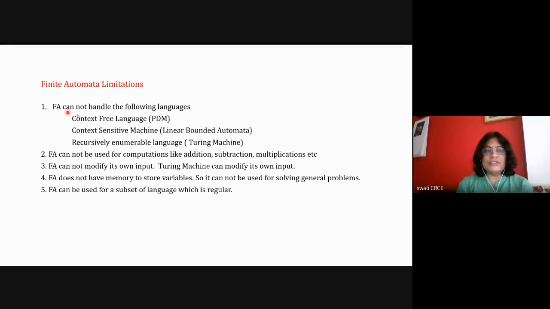The language of the finite state machine is regular language. In our syllabus we are studying the pushdown machine and the Turing machine. Linear bounded automata is not in the syllabus. But if you add some power to the finite state machine, you get the pushdown machine. If you add some more power, you get linear bounded automata. And the most powerful machine is the Turing machine, which is the digital computer.